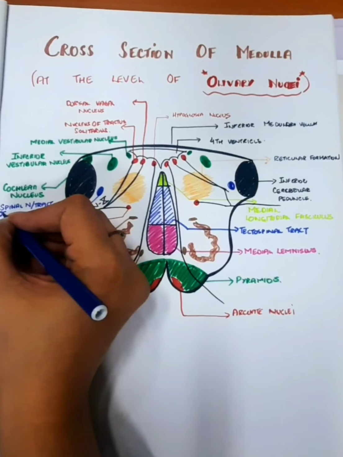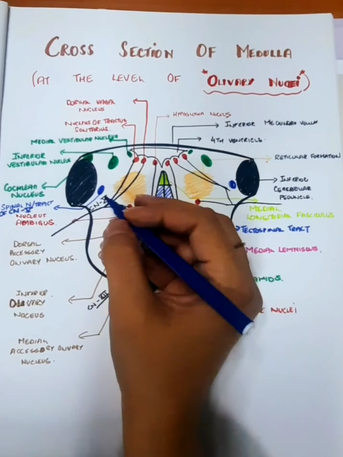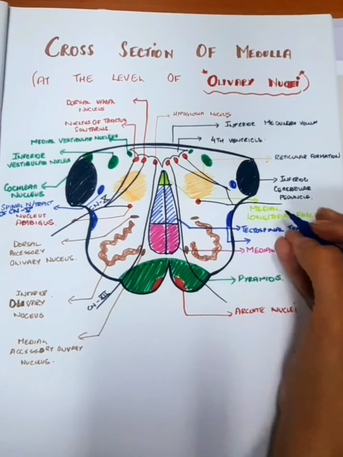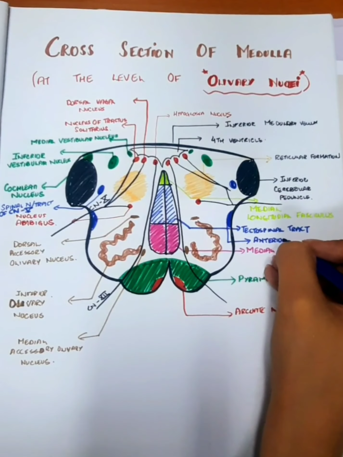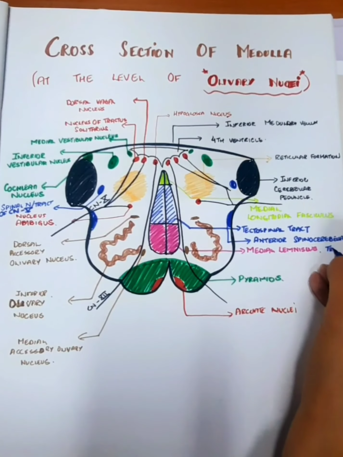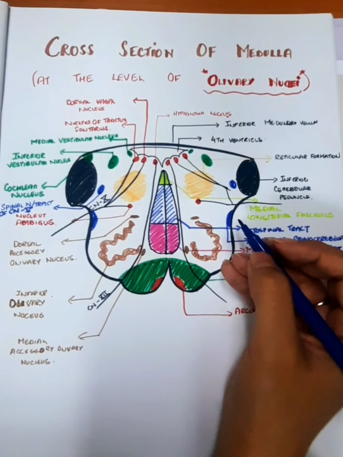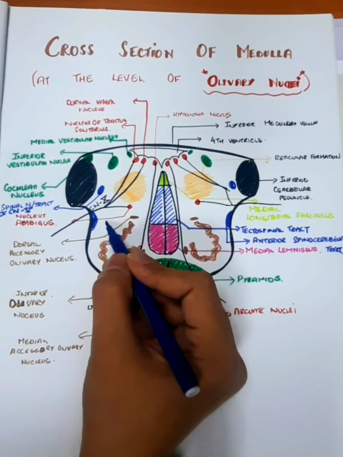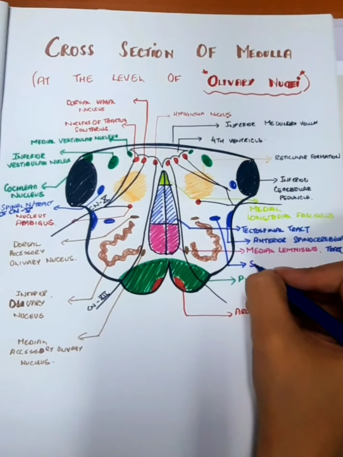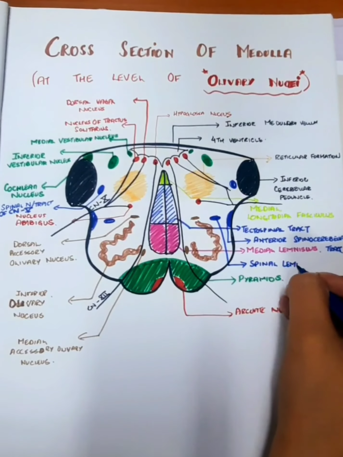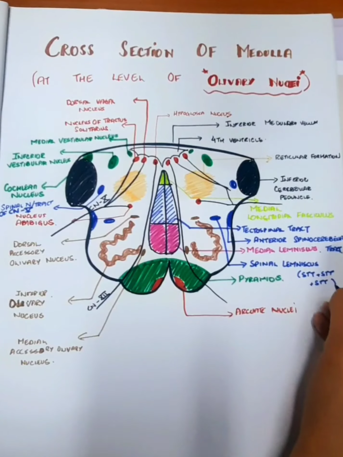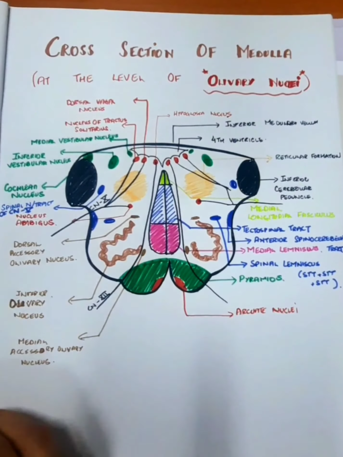Among the other ascending tracts, there is the anterior spinocerebellar tract on the lateral aspect, and just medial to this spinocerebellar tract there is the spinal lemniscus right here. And as we know, the spinal lemniscus is a fiber tract which is formed by the contribution from the anterior spinothalamic tract, lateral spinothalamic tract, and spinotectal